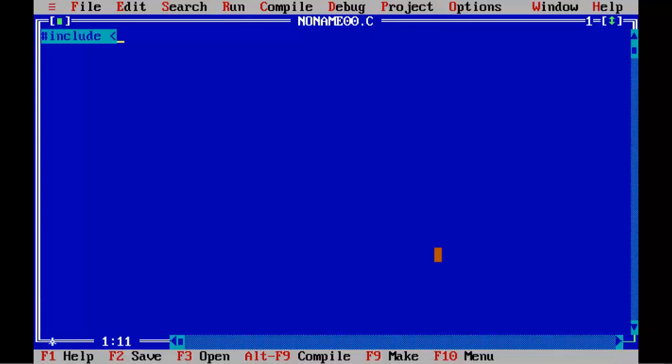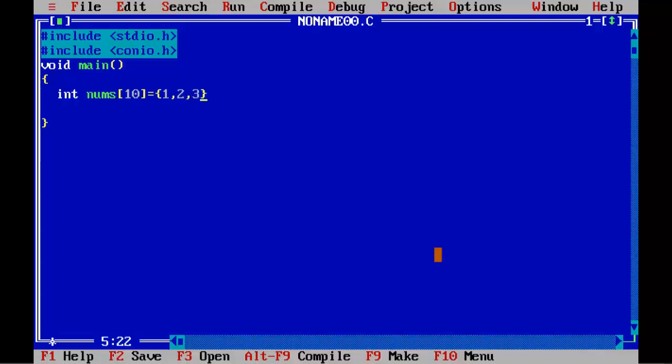#include <stdio.h>, #include <conio.h>, void main, opening brace, closing brace, int nums[10] = {1, 2, 3, 4, 5, 6, 7, 8, 9 and 10};